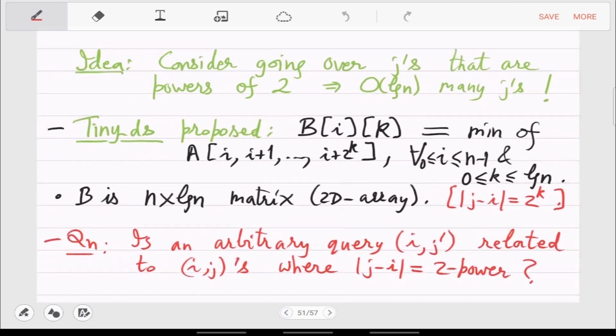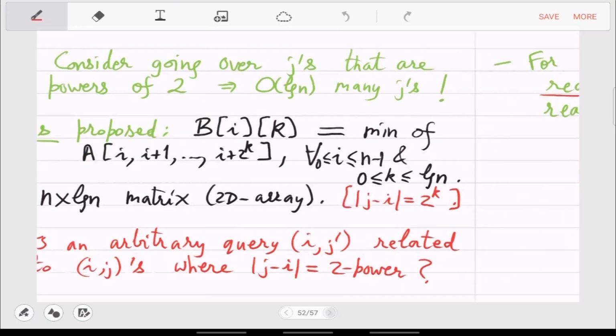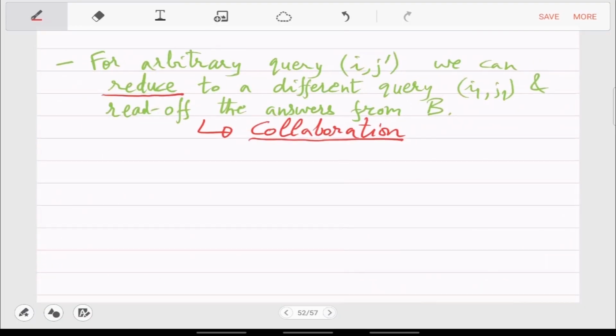So we have defined the tiny data structure, and one thing more I will need is to define this max power of 2 function.